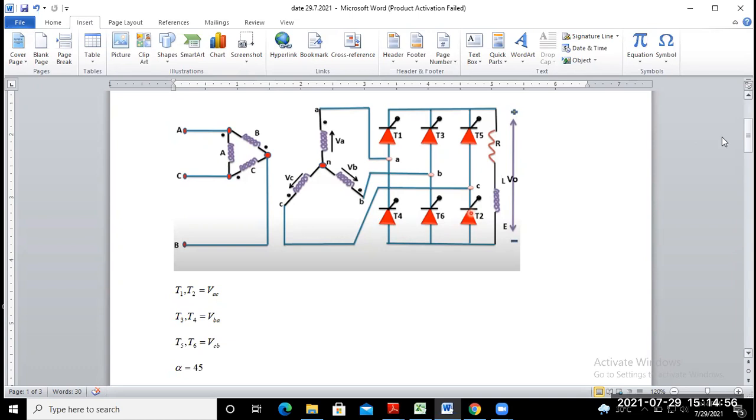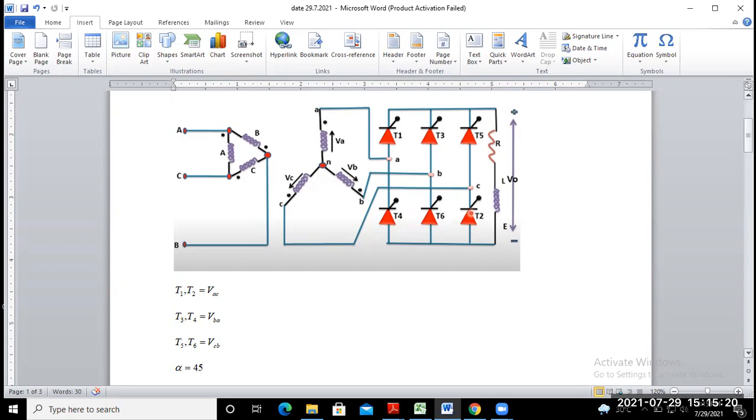In an uncontrolled rectifier we use diodes, but in a controlled rectifier we require controlled power switching electronic devices, that is thyristor, MOSFET, IGBT, whatever you may want. So if you use thyristors, then it is known as a controlled rectifier.